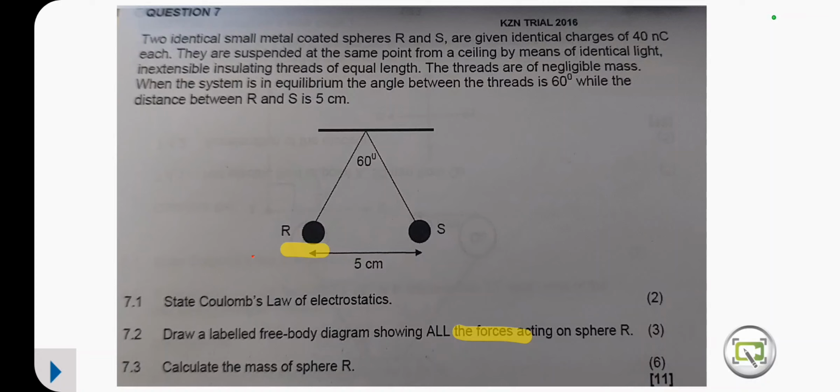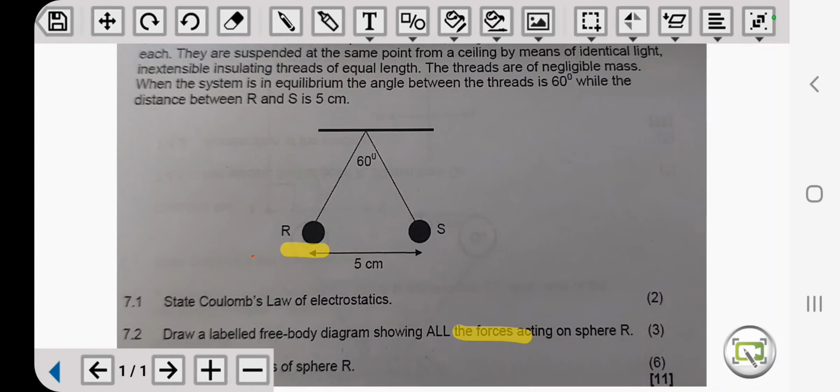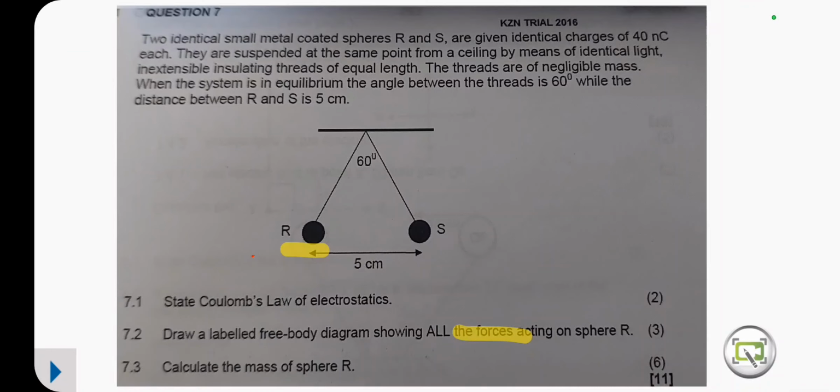Two identical small metal coated spheres, R and S, are given identical charges of 40 nanocoulomb. Let's just highlight each. They are suspended at the same point from a ceiling by means of identical light, inextensible insulating threads of equal length. The threads are negligible of mass. When the system is in equilibrium, the angle between the threads is 60 degrees, while the distance between R and S is 5